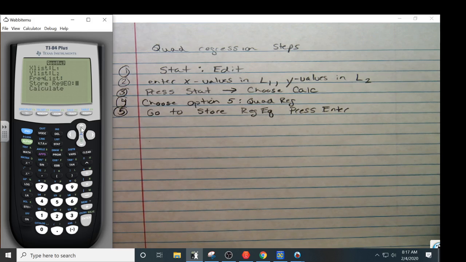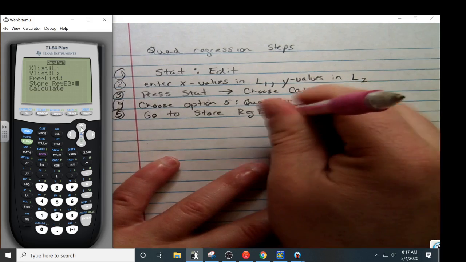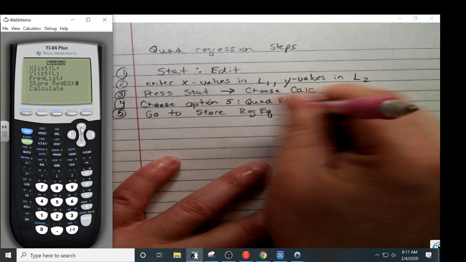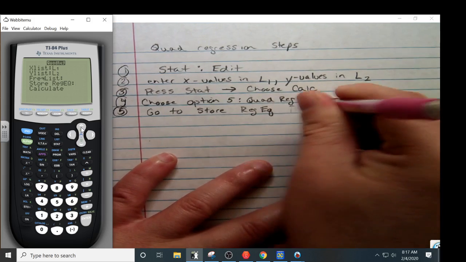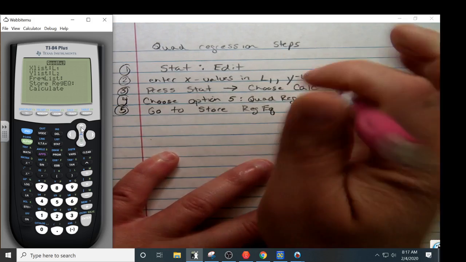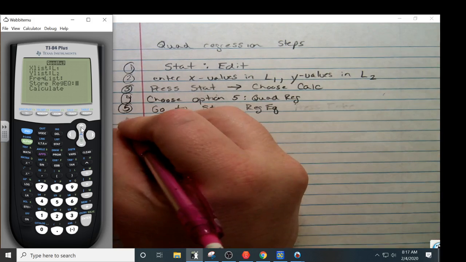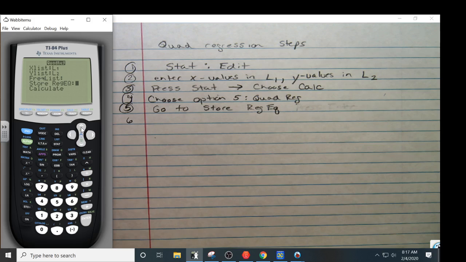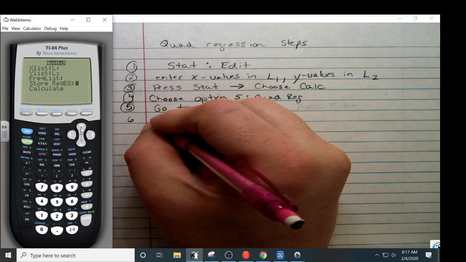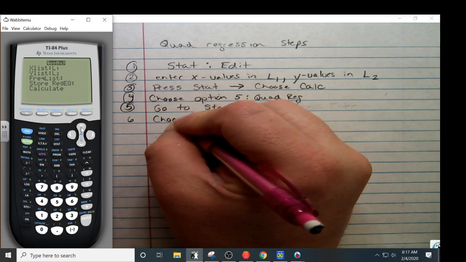My fault. You're not going to press enter. We don't have to do that. Next is just key steps. That was my fault. All right. So you go to the store reg equation, and then you're going to choose